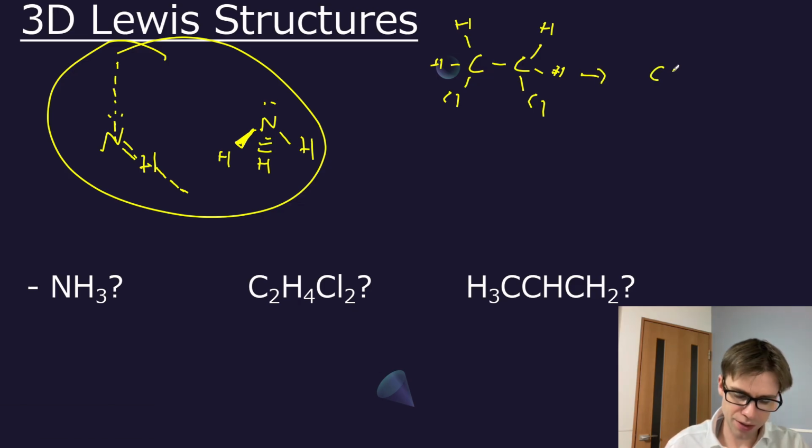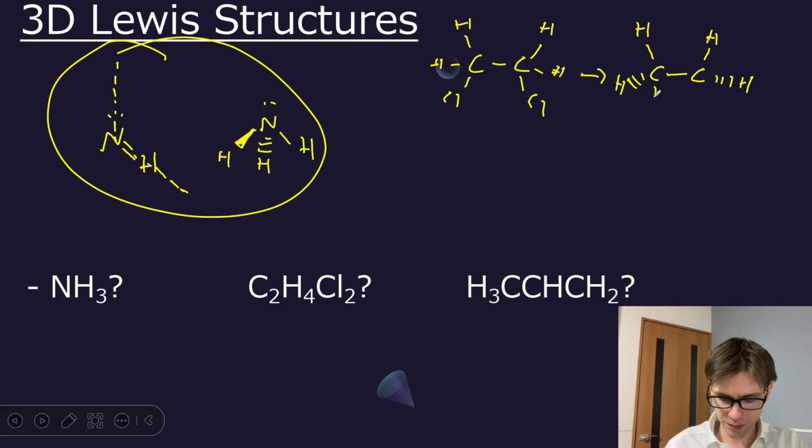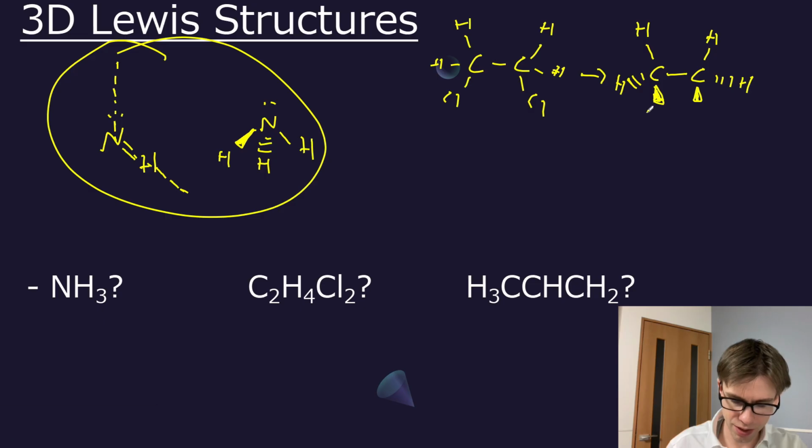First, we'll draw the things that are in our defining plane of the screen or the page here. So CC bond, we'll make that in the plane, and then we can do one more on each carbon in the same plane. These are flat on the screen. And then I want to show dash lines with these hydrogens on each side. So these are either coming into the page or going out. And then wedge lines for the last ones that will contain my chlorines. Okay, so that is a decent 3D structure